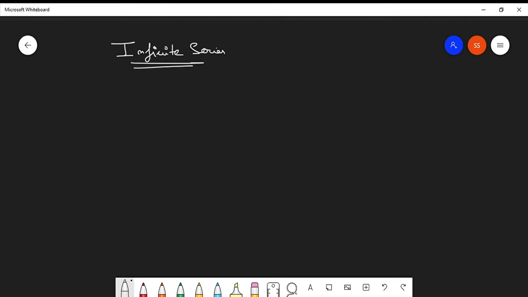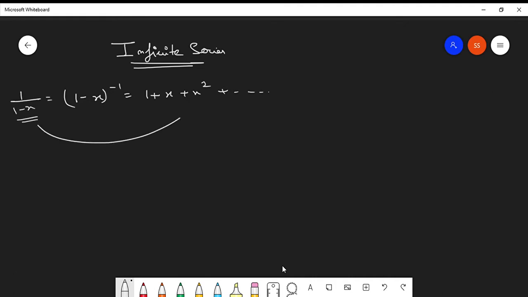See, infinite series have a huge application in the field of mathematics. We often approximate algebraic structures using infinite series. For example, (1 minus x) to the power minus 1 is expanded as 1 plus x plus x squared and so on. So this is basically 1 over 1 minus x. So this algebraic structure is expanded to an infinite series. It helps you approximate values.